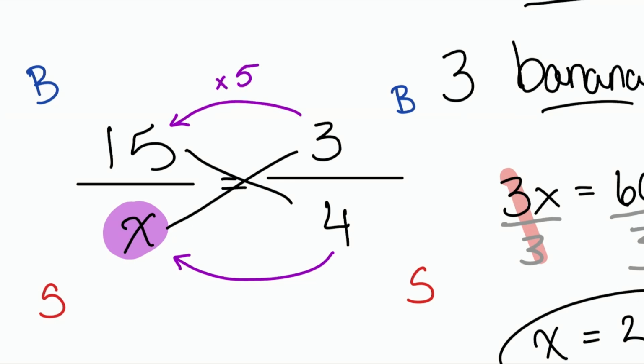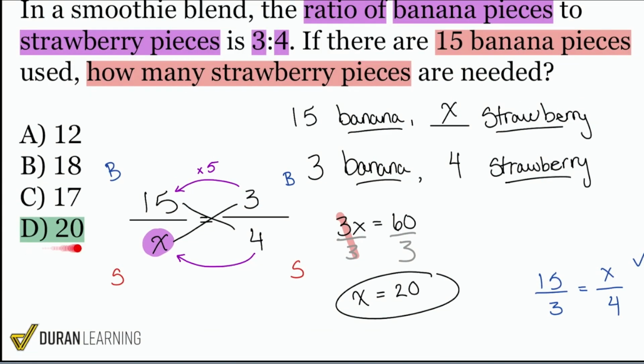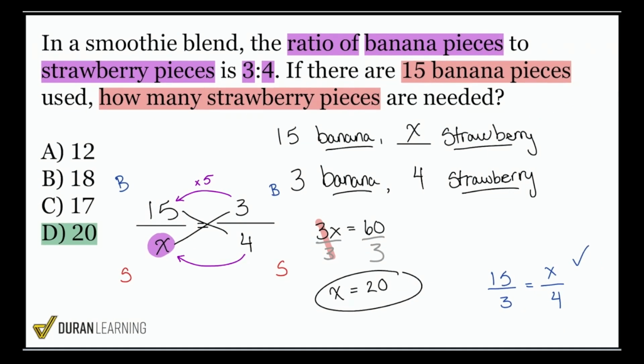Everybody, you know me. I'm a terrible mathematician. You all know that already. What's 3 times 5? 15. What's 4 times 5? 20. And that's how we get the answer. 20. And we are done. So again, either way,